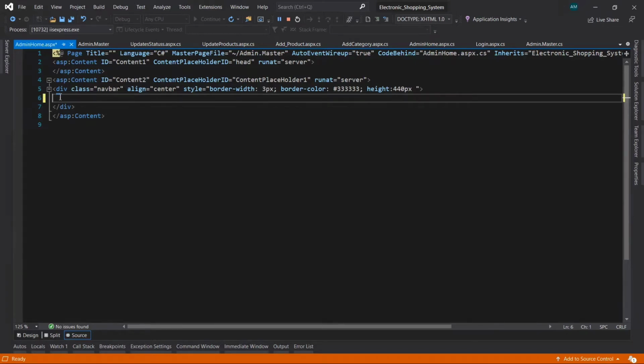If the admin logs in, then it will be welcome to the admin. If the vendor logs in, it will be welcome to the vendor.